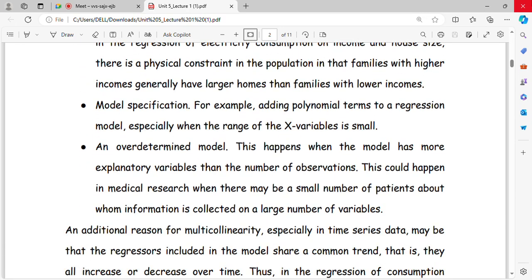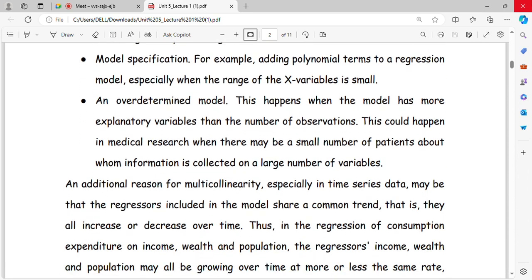The last one is যদি মডেলটা আমরা ওভার ডিটারমাইন্ড করে ফেলি। এটা তখনই হয় যখন মডেলে অনেকগুলো বেশি এক্সপ্লেনেটরি ভেরিয়েবলস আছে দেন দ্য নাম্বার অফ অবজারভেশনস। মানে এক্স ভেরিয়েবলস গুলো অনেকগুলো, নাম্বার অফ অবজারভেশনস থেকে। This could happen in medical research when there may be a small number of patients about whom information is collected on a large number of variables. কিছু পেশেন্টস দেরই তুমি ইনফরমেশনস কালেক্ট করছো, বাট ইনফরমেশনটা যেটা তুমি কালেক্ট করছো ওটা অনেকগুলো ভেরিয়েবলস এর উপরে, তখন কিন্তু মাল্টিকোলারিটি প্রবলেম আসতে পারে।